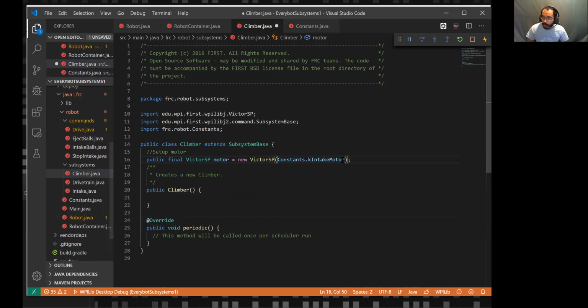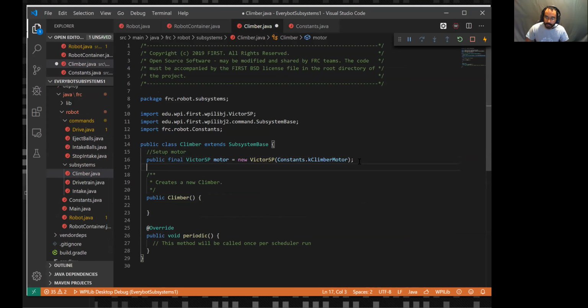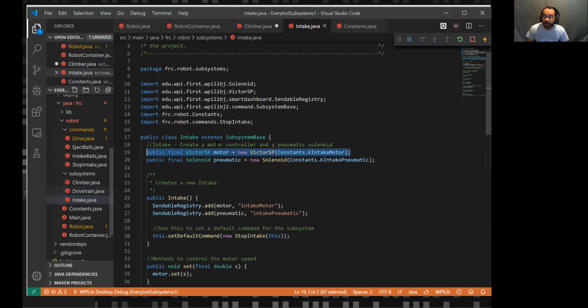Save. We can go back in here. And then if I do that, it'll automatically have it ready to autocomplete for me. And now we've set up that climber motor. It's ready to go. If we look at intake again,